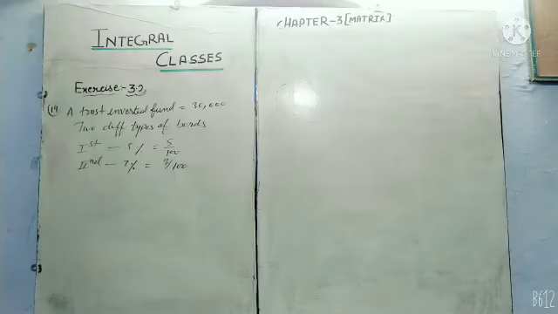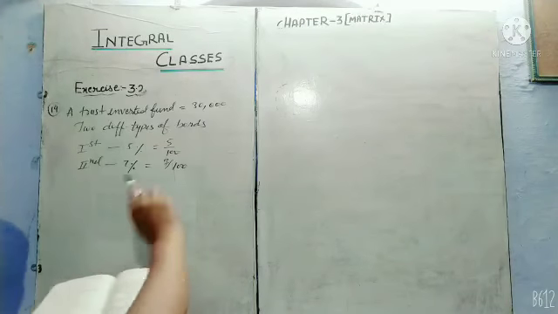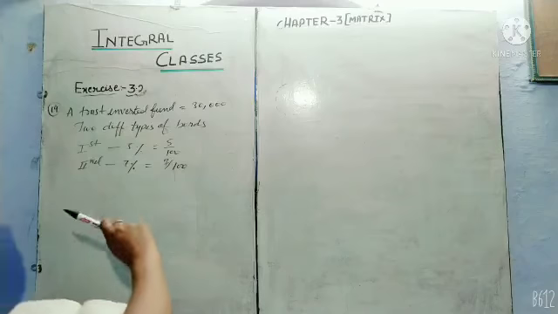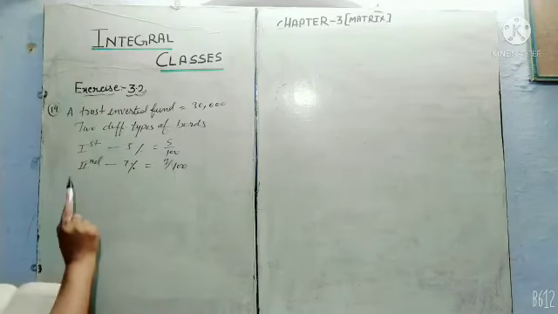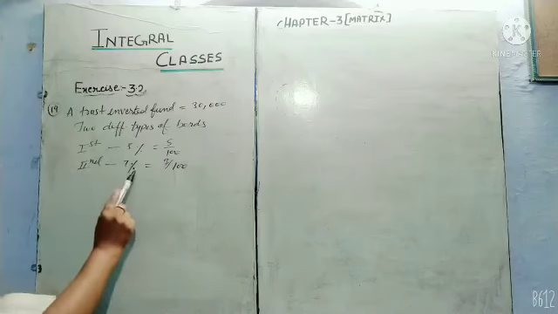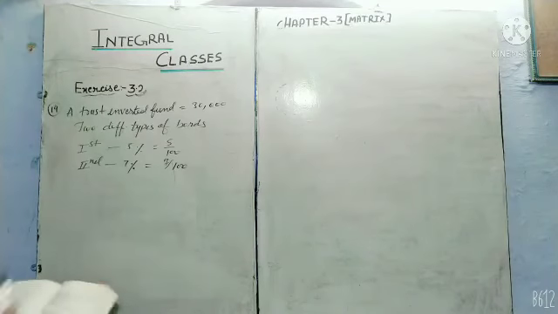Question number 19. In question number 19 student, we are given a trust fund that has 30,000 invested in two different types of bond. The first type of bond pays 5% and the second type pays 7%. Here we have to find out, using matrix multiplication, how 30,000 is divided into two types of bond, if the trust fund must obtain an annual total interest of 1,800.